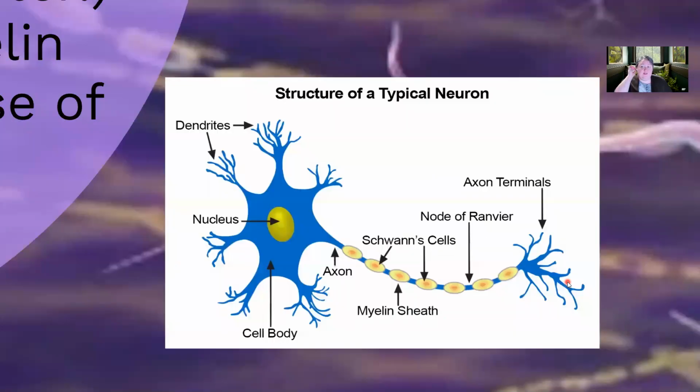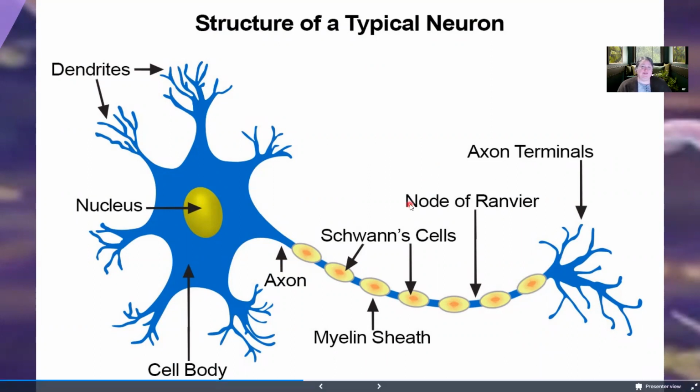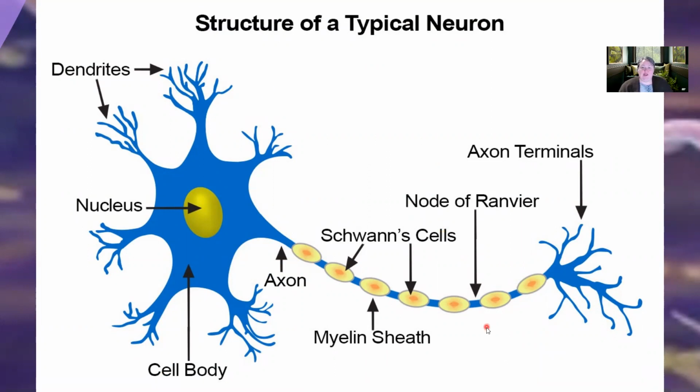So let's blow this picture up because I think this will make a lot more sense when you see it. So this is a neuron. Again, to me, this is just a really beautiful cell. I love looking at neurons. And so we've got the cell body here, or the soma, whichever term you prefer to use. This is the nucleus. We've got dendrites here. So you can kind of see it's like these little branches that come out, and they are just ready to